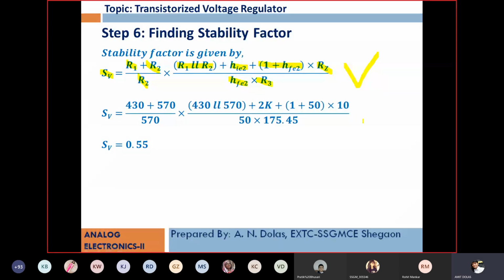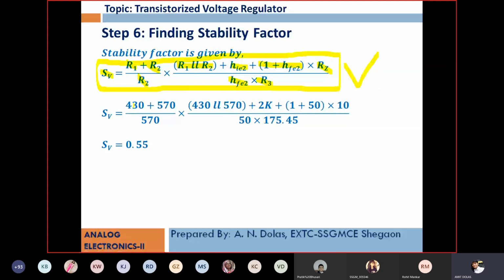If you are not able to remember this formula, complete your answer up to step number 5 and leave it there. Out of 13 or 14 marks you will get 12. If the valuer recognizes that the stability was not calculated, 1 or 2 marks will be deducted, still you will get 12 or 13 marks here. So you have only one option: you have to remember this stability formula if you want to calculate it.